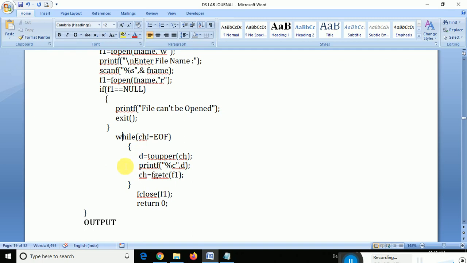Because it will start looping, and each character it will convert into uppercase. ch is there, and fgetc means file get character: a single character it will take and convert into upper. So H is small, it will take it and convert it into a capital H, and one by one it will continue to make it uppercase.